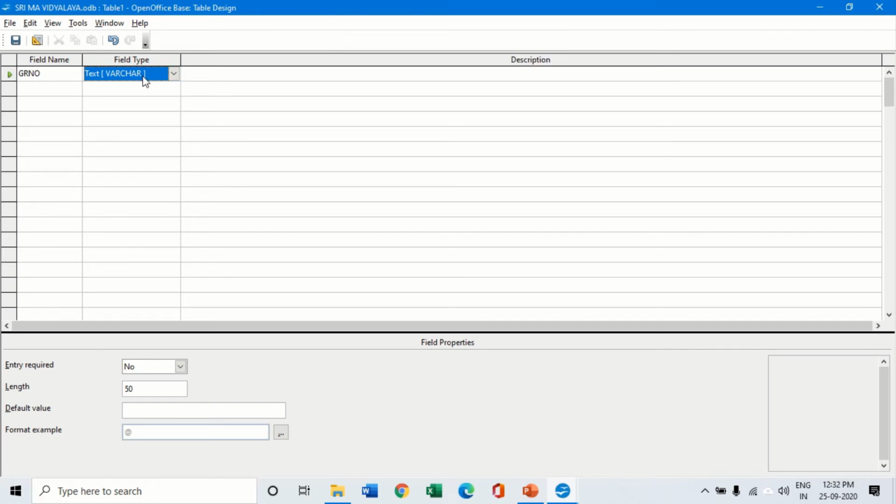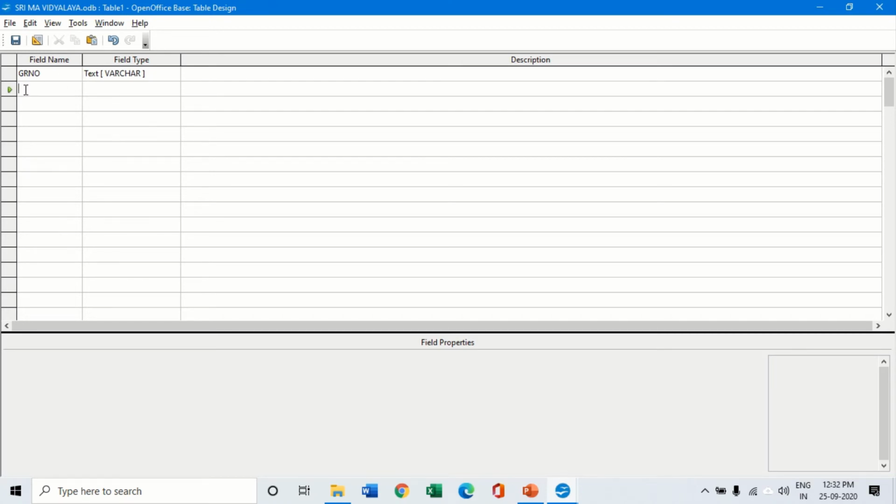So this is it. Here below is the field property. Every field that I enter over here has got field properties. So I will say that data entry is required on this field. And what is the length of that? Length means the total number of characters that we can enter. By default it is 50. Let's take, I don't want any characters to be entered more than 6. So I can give my length as 6, which means that the maximum length permitted in this particular field will be only 6 characters.